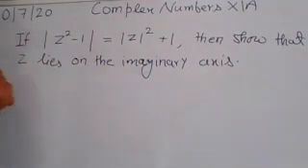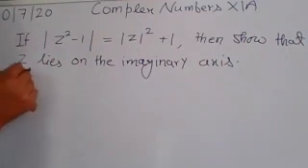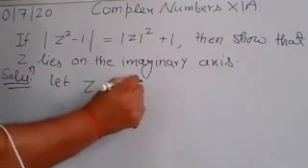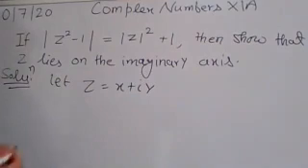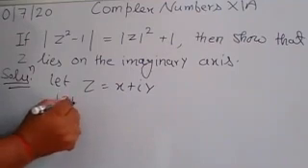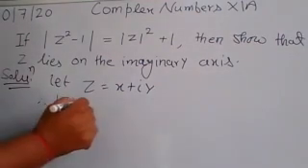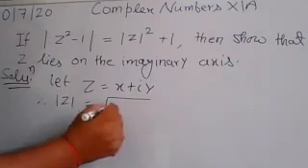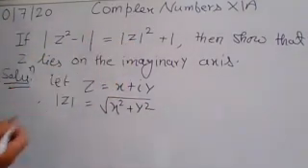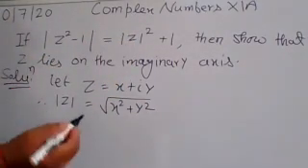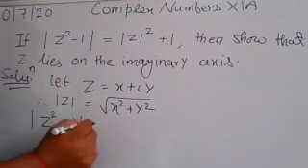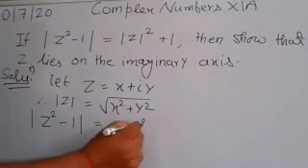Okay, so first of all, here you assume that the complex number z is equal to x plus iy. So if z is equal to x plus iy, what about mod of z? The value of mod of z can be written as under root x square plus y square. And here you have to substitute the value in the given equation. So here your equation is mod of z square minus 1 is equal to mod of z whole square